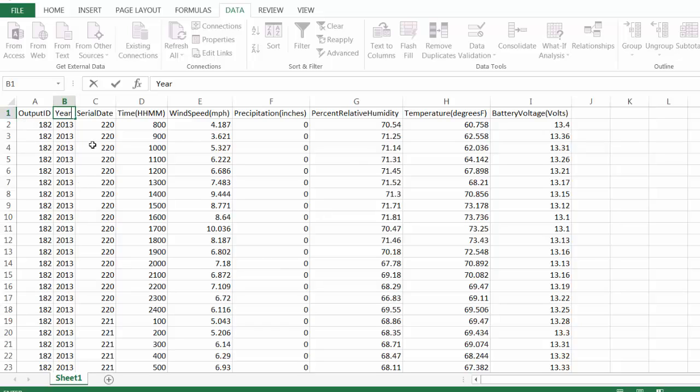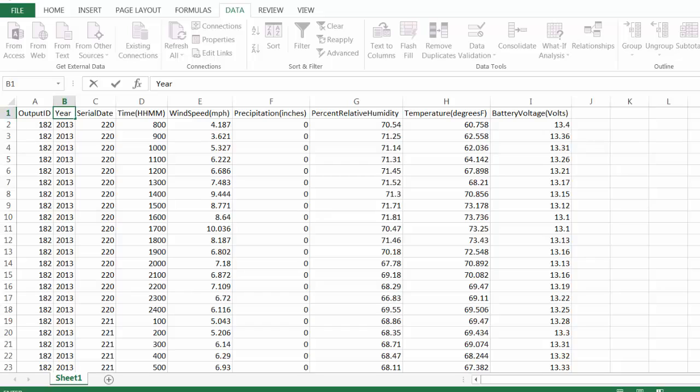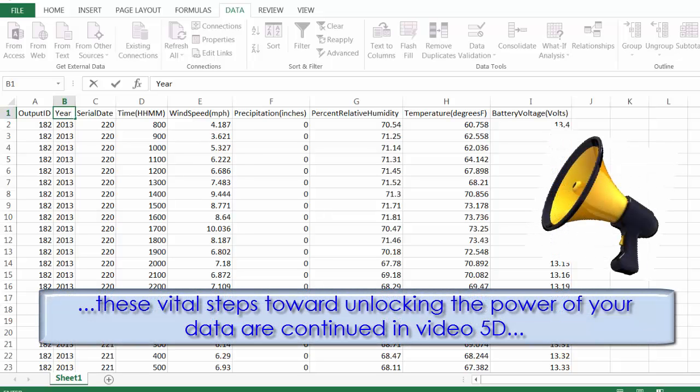So now that I have my complete column names and my data begins in row 2, I can go ahead and check those off in my checklist. Unique headers and data begins in row 2. The other manipulations that I need to perform on this data set are easier and more reliable if I do them in the text file itself. So I am going to start working on exporting this file into a comma delimited text